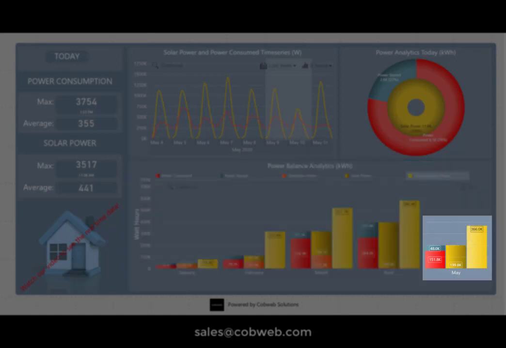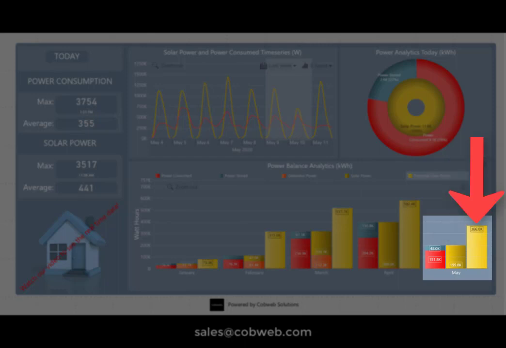So if we look at May, for example, we've got 151 kilowatt hours being consumed and roughly 48 kilowatt hours being stored in the battery. And the total of that is effectively the solar power that's come in because there was no generator used in May. The third column